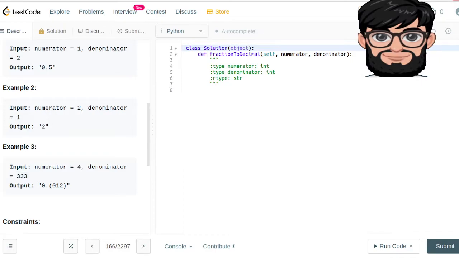But if it is 4 divided by 333, we have a recurring 0.012 and then 012 and then 012, so we're going to be representing it like this. That being said,